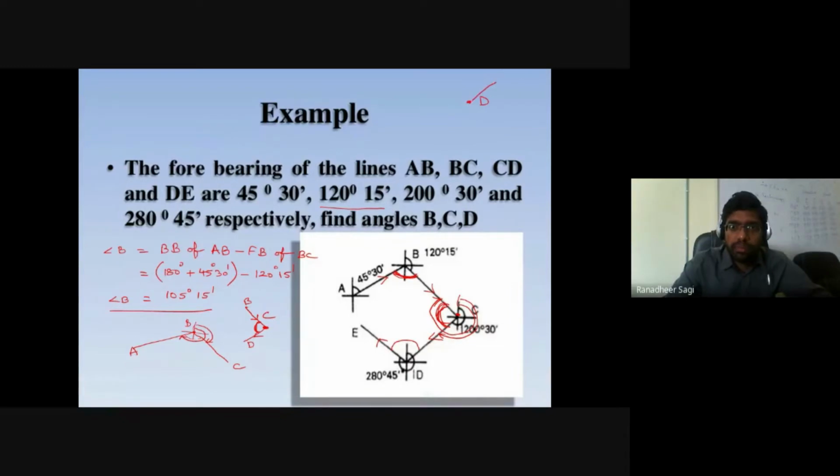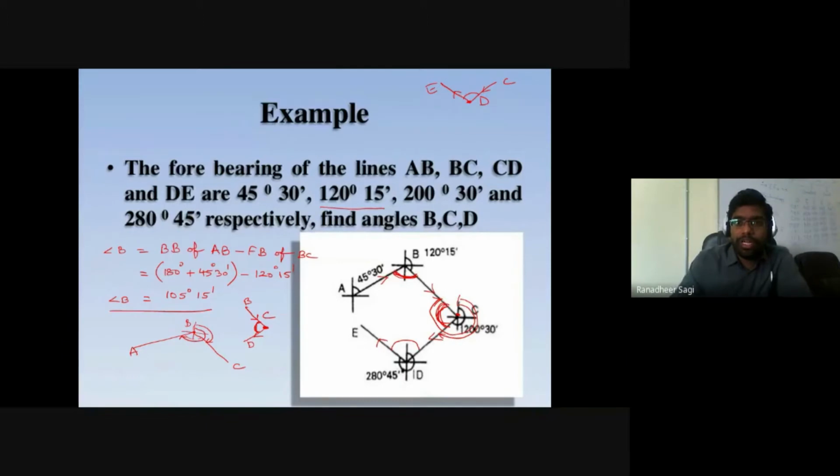At the station D position, I have two survey lines existing: one going from D to E, and the other coming from C to D. D to E is the forward direction, whereas C to D, with respect to station D, is what I call the opposite direction. What I am required to calculate is the angle between line CD and line DE, with respect to station D position.